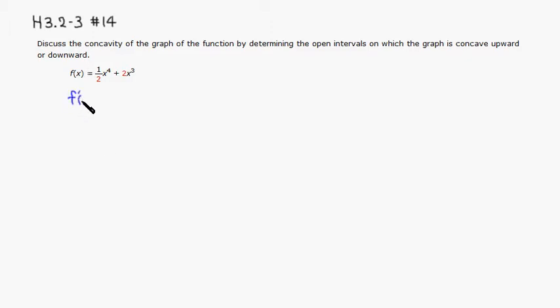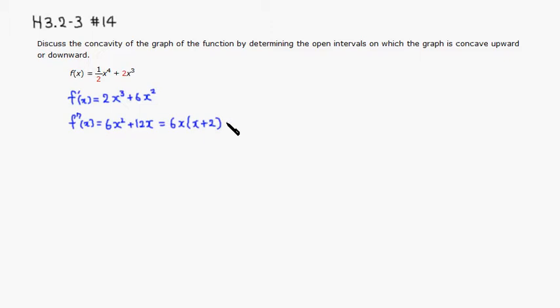So f prime of x is equal to 4 times 1/2, which is 2x. Subtract 1 from 4, so it's a cubic power, and 3 times 2 is 6, x squared. Take another derivative, just the power rule again. 3 times 2 is 6, x squared, and 2 times 6 is 12x. Factor out 6 and also x, and we can write it as 6x times (x plus 2),